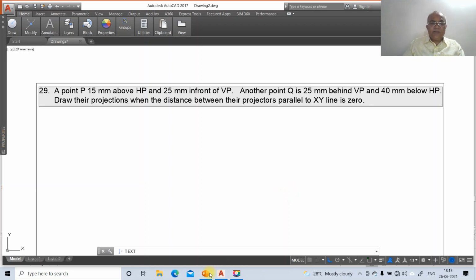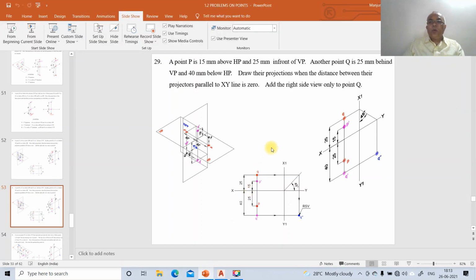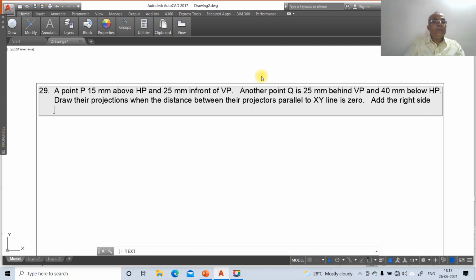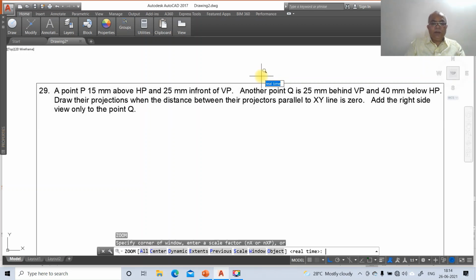Add the right side view only to point capital Q. So this is the problem.